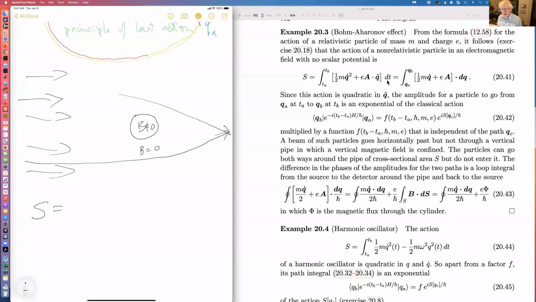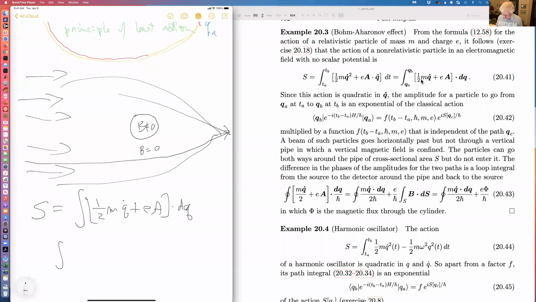And so this is an integral of 1/2 m q dot squared plus eA dotted into dq along each particular path. And this integral of A dq,